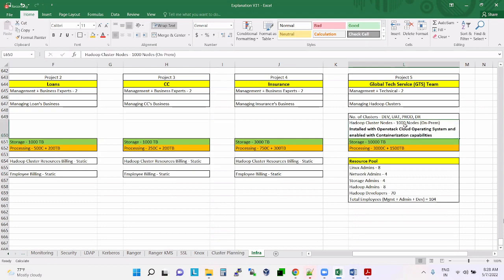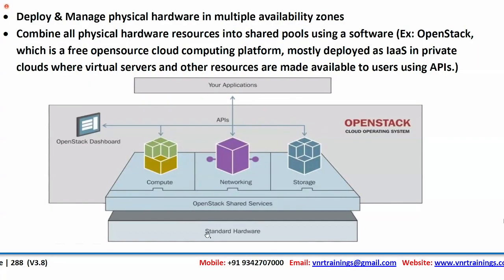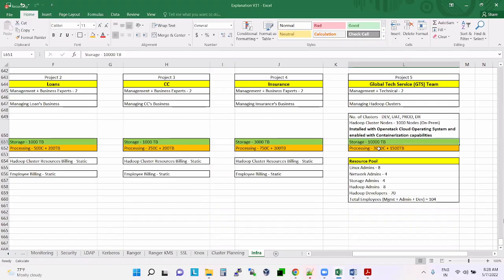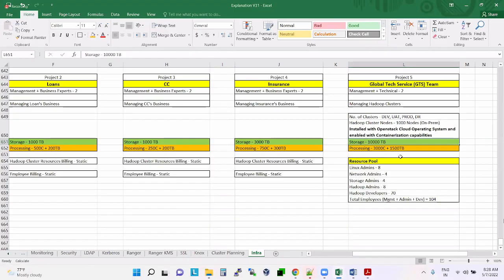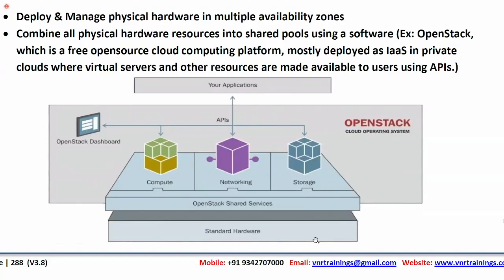They are taking these 1,000 nodes, and they are merging them using an OpenStack cloud operating system. So they are merging all these thousands into a single unit. This single unit will not tell you I have 100 servers. It will tell you I have these many cores, I have 3,000 cores, I have 1,000 TB storage, I have this much RAM. So all the servers' resources will be stored like a single unit here. Understood?